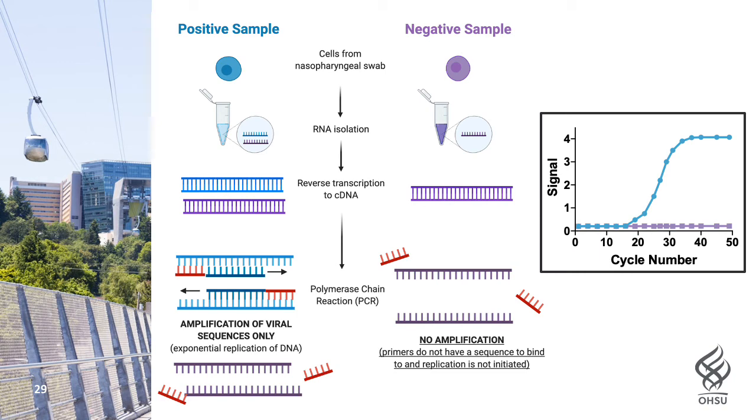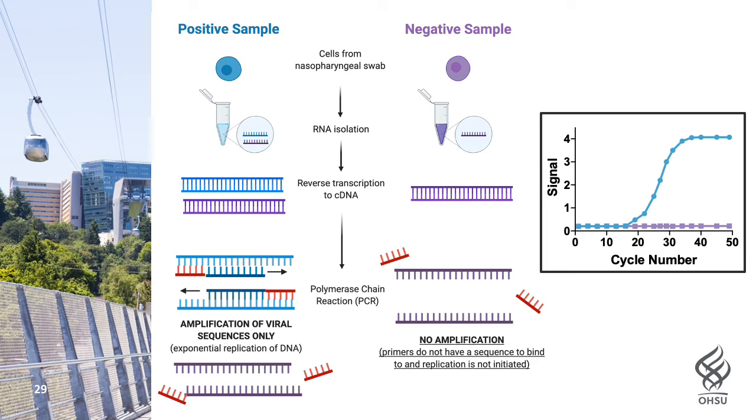We read the output of the amplification reaction as a measure of fluorescent signal. The amplification process happens over a number of cycles in which copies of fluorescently labeled viral DNA are produced. The increasing intensity of this fluorescent signal that happens as the amplification continues can be measured on a graph like this one.